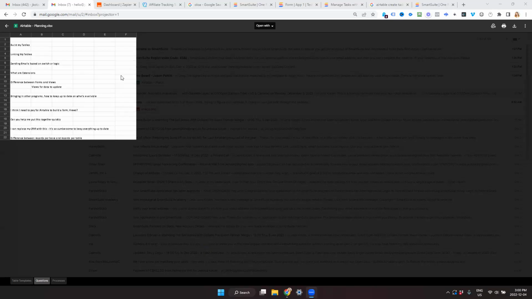So building your tables, linking your records, sending emails based on switcher logic. Okay, what are extensions? Yeah, I had a promo version, and then they said I'd used too many extensions. I hadn't added any extensions, so I don't know where they came from.